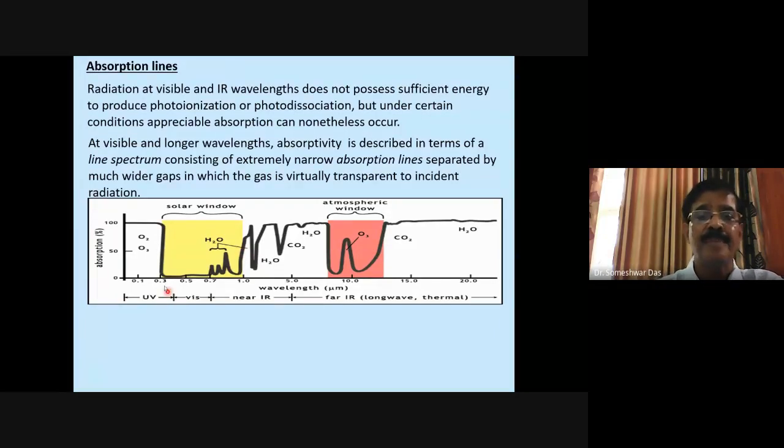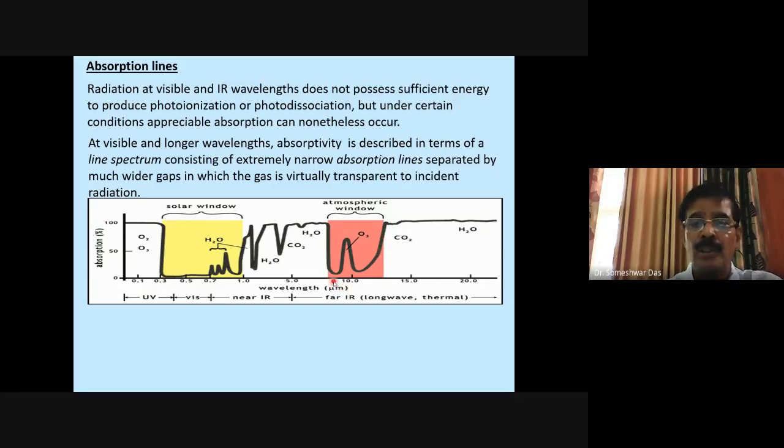For example, this band is the solar window band, because here the water vapor has a wide gap of the absorption line. The absorption is minimum here. In this range, the absorption because of the water vapor is minimum. This is the line indicating the absorption. So whenever there is a minimum of absorption because of the presence of gas particles, then that is considered the atmospheric window, because when the absorption is minimum, then maximum radiation can escape the atmosphere.